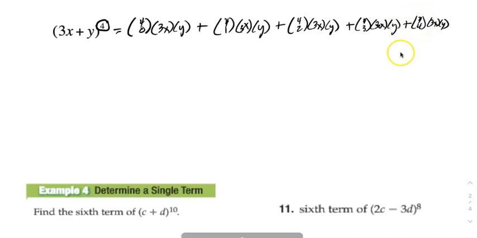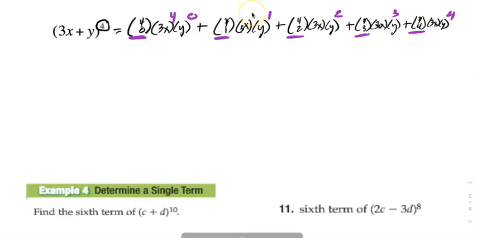Next, we do the powers, right? So the bottom matches the power of the second one. So 0 here. 1 and 1, 2 and 2, 3 and 3, 4 and 4. Like that. And then these two have to add up to be this number up here. So 0 plus 4,